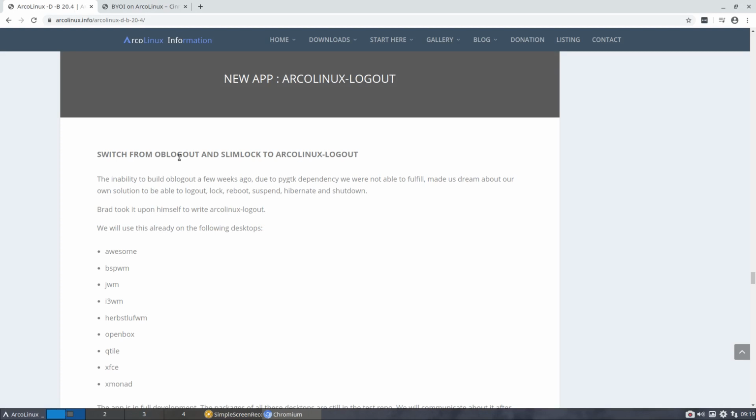Everything starts with a PyGTK dependency, so we couldn't build OB-Logout. The idea is, I said to Brad, hey, wouldn't it be great if we had our own logout system? And before I knew it, Brad had already written something, right? So that's great that we have him on board. We can now have our own logout system, ArcoLinux Logout, which is also going to provide a beautiful lock screen